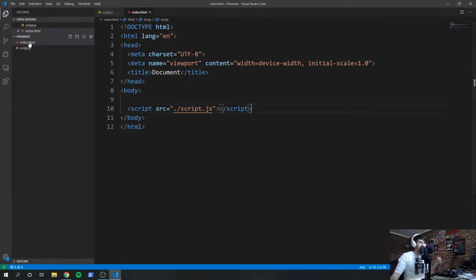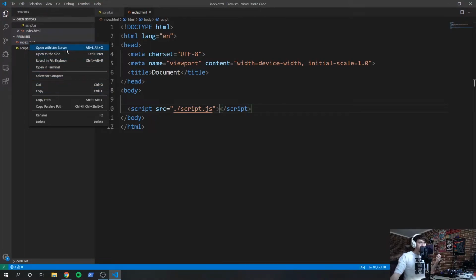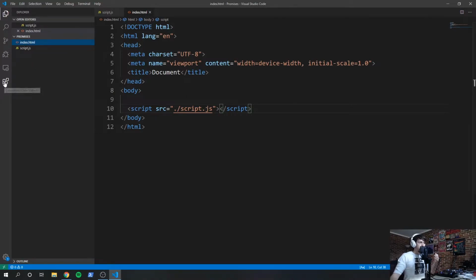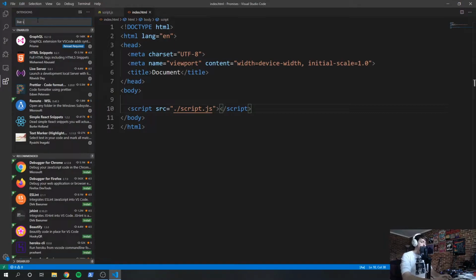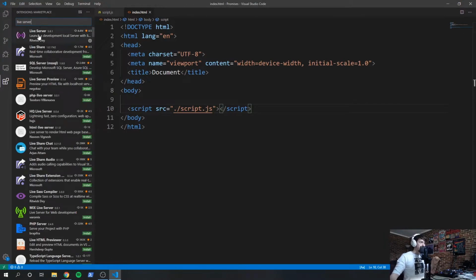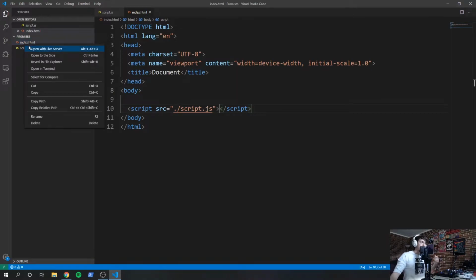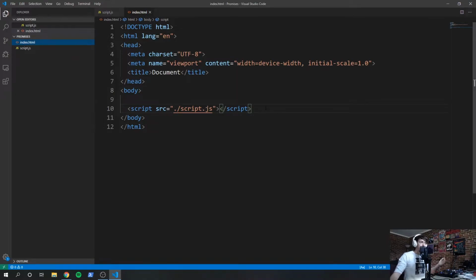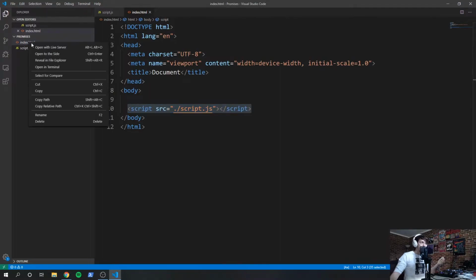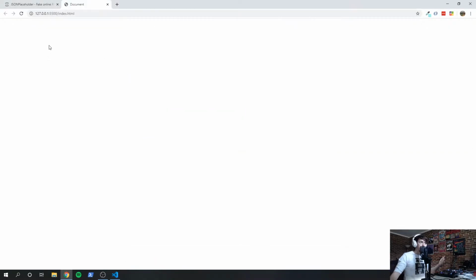Now we're going to be opening this inside of a web browser, and I have an extension called Live Server, which you can easily get, if you have VS Code, by clicking over here on extensions and typing in Live Server, and then installing it. It's very simple. And with this, you can right click on your index.html file with your script tag already referenced, and click open with Live Server, and it will open a web browser window